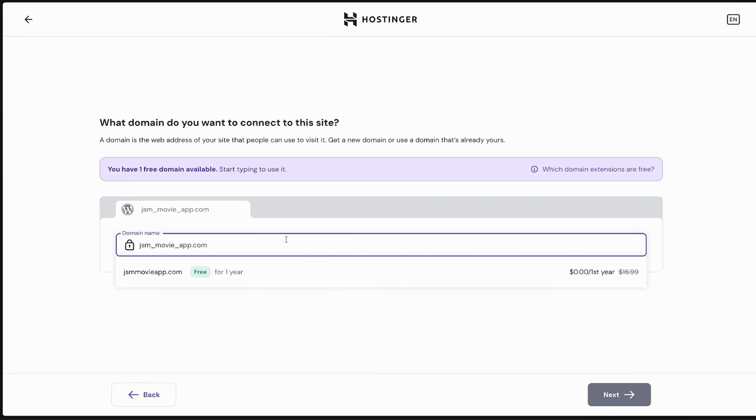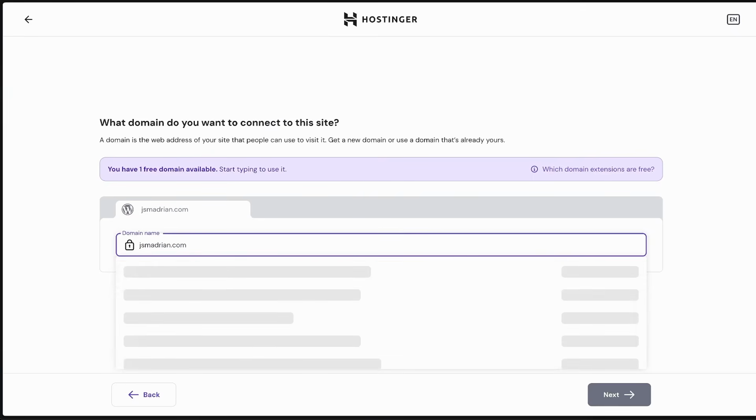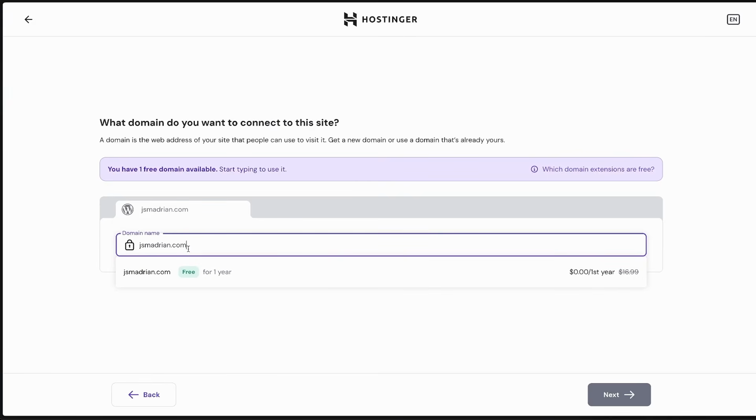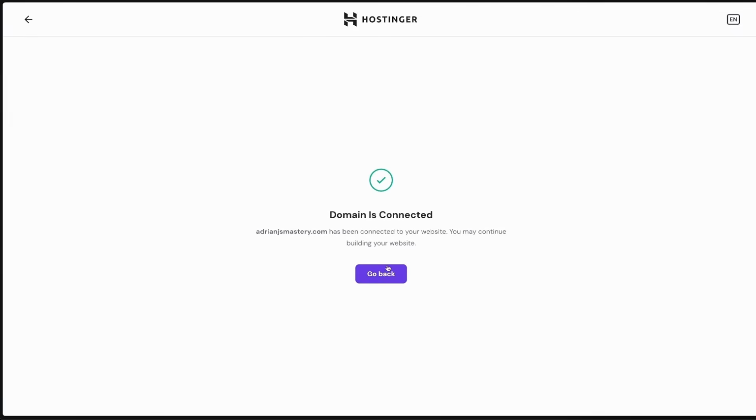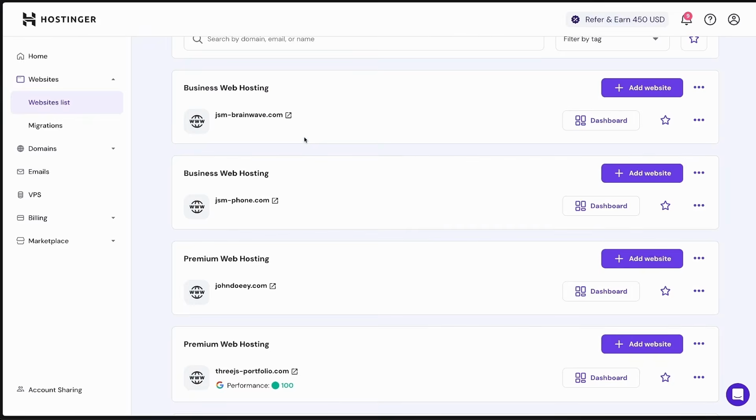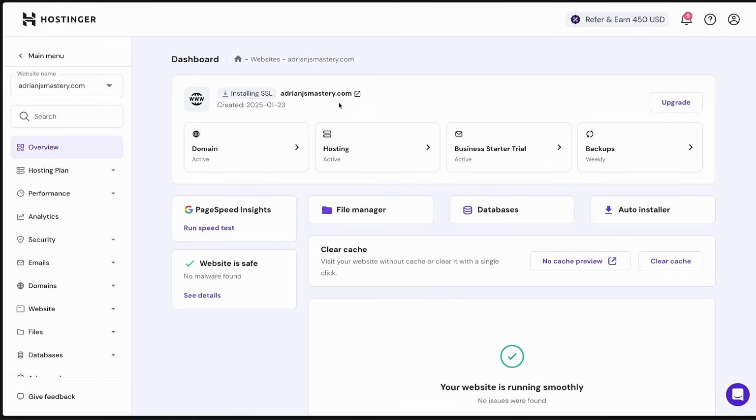is getting the domain name for your portfolio instead. So something like your first and last name, .dev or .com, like jsmadrian.dev, or .com is even better if it's available. With that domain, you would have one single place for your portfolio and you would be able to put many projects on there. So in this case, I can go with something like adrianjsmastery.com, click next, and once the domain is connected,